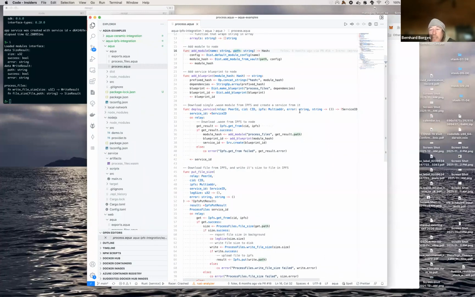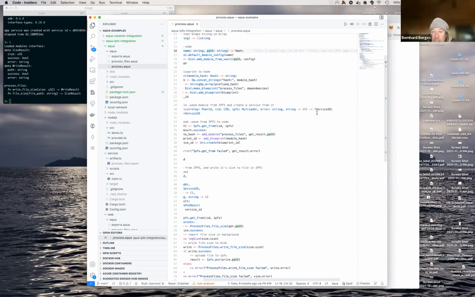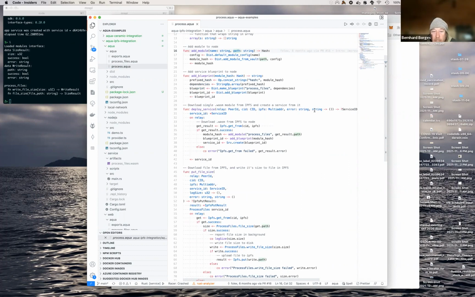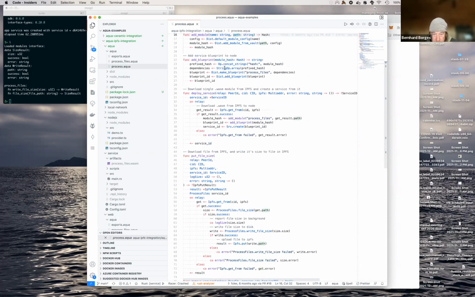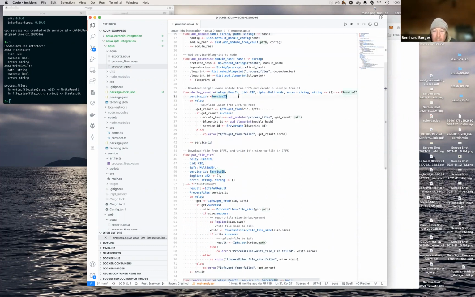So basically it logs back to the React client or your Fluence client. And then the function optionally returns a service ID, where the service ID is just an alias for string. So here we declare the variable. And then basically, just like before, this is how simple it is.